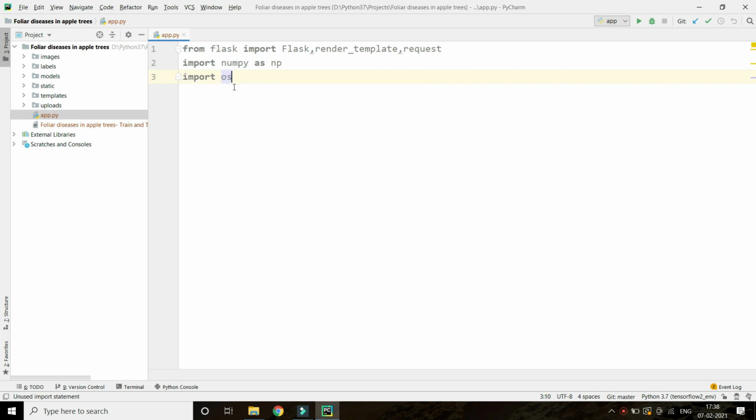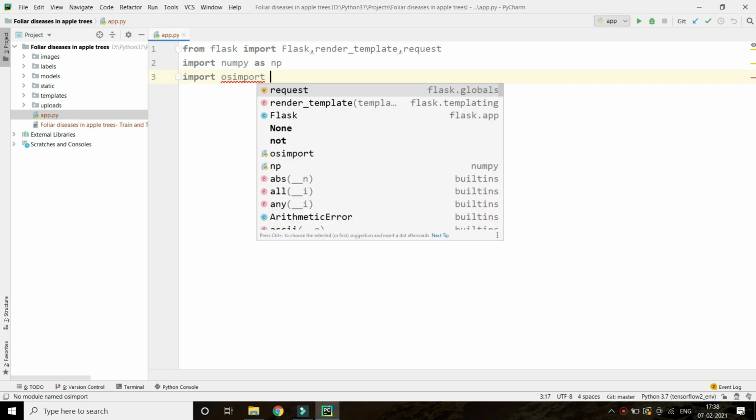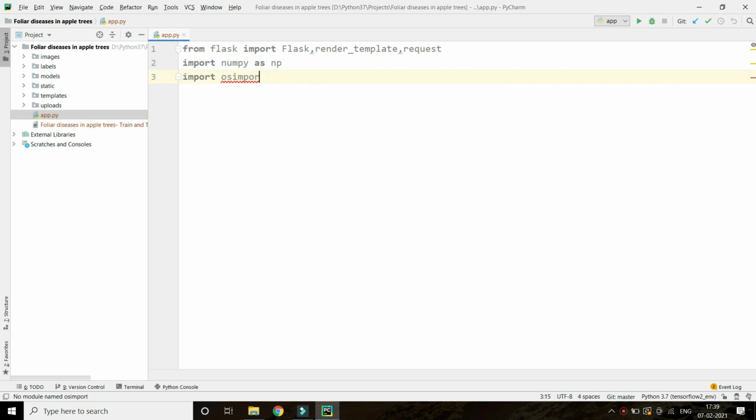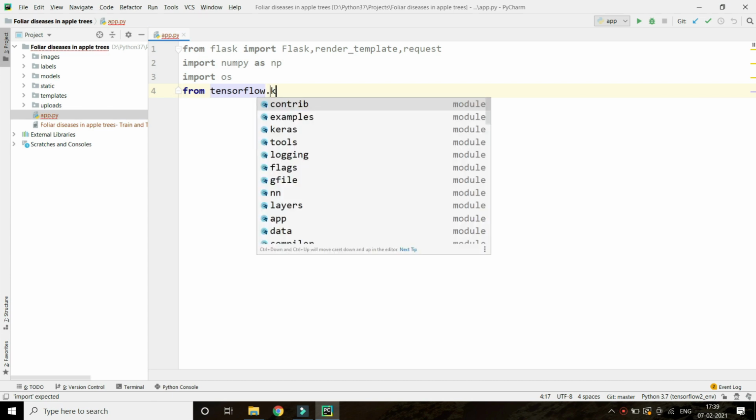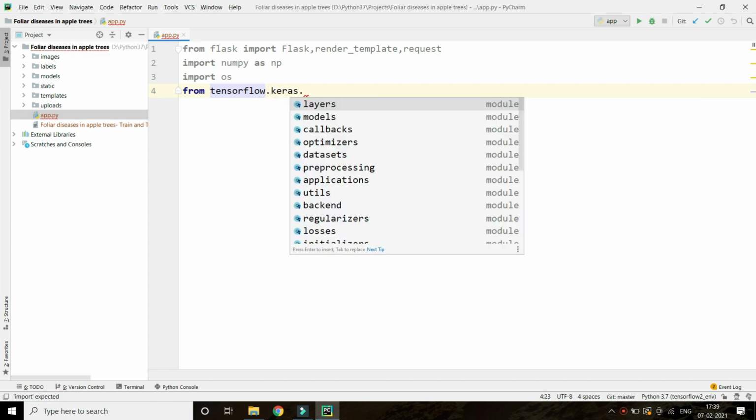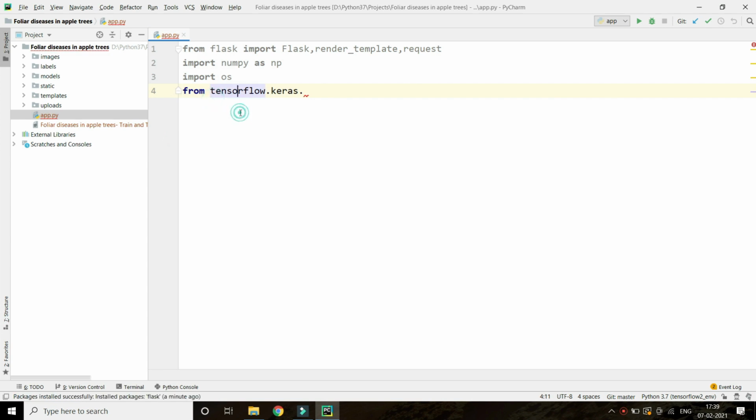I think we will need import os. From tensorflow.keras, TensorFlow 2.0 or greater is required, you need that to run this.